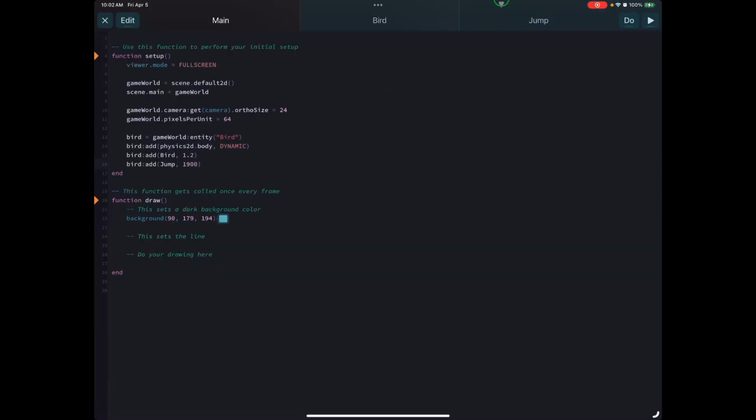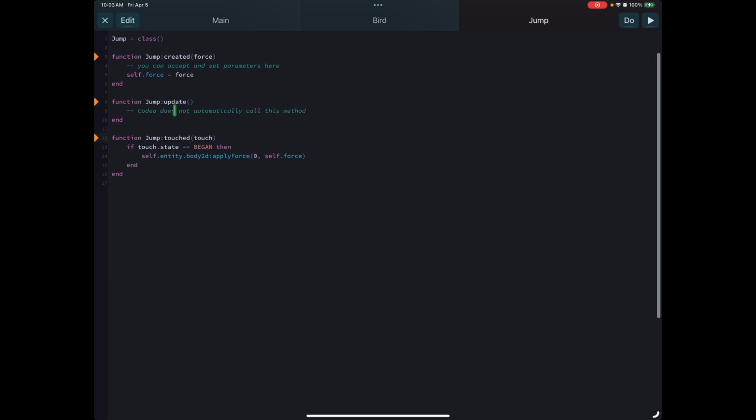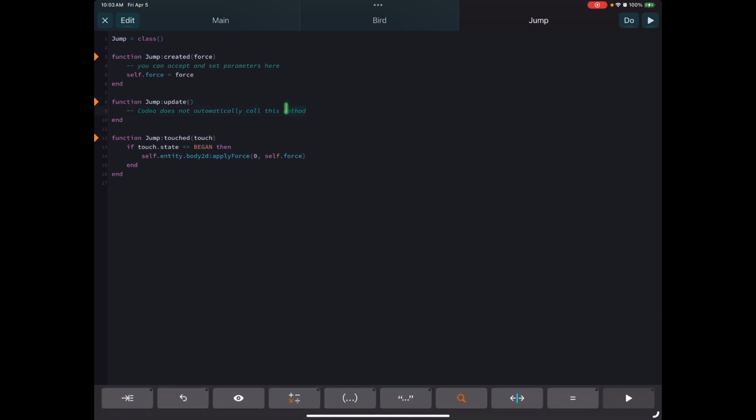You see how the jump kind of doesn't go. See how sometimes it's not really consistent. The jump is also pretty high. So we're going to change the gravity first. I want to change the gravity in the update method. I'm going to change the gravity to maybe